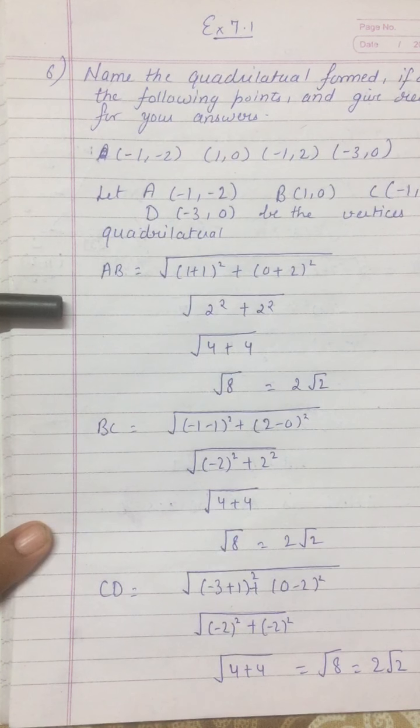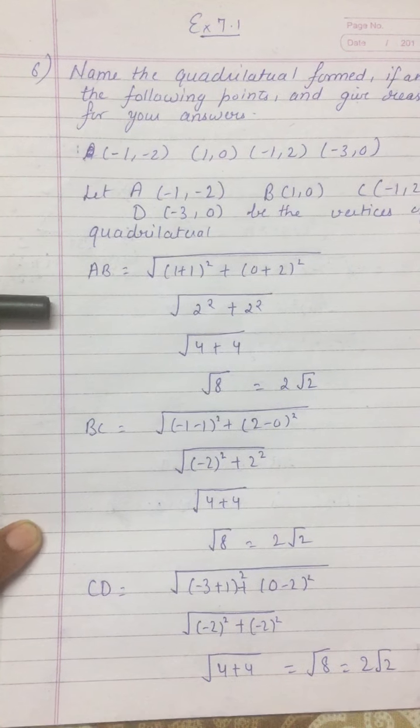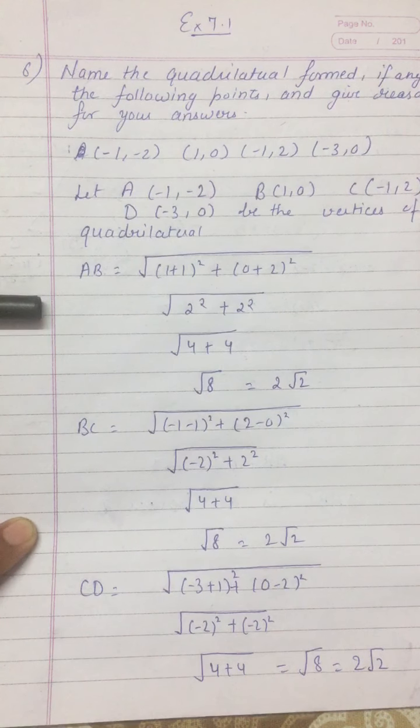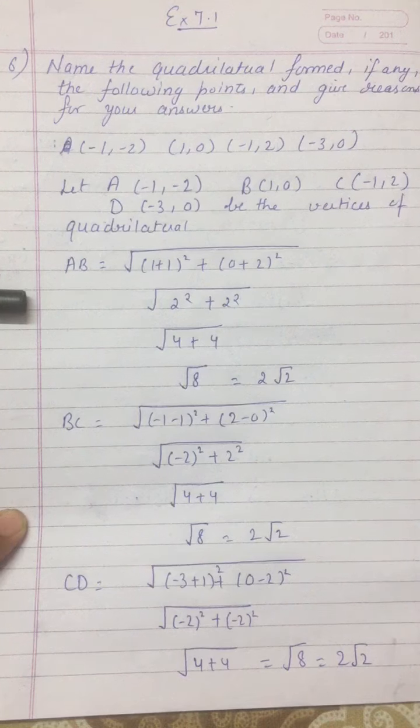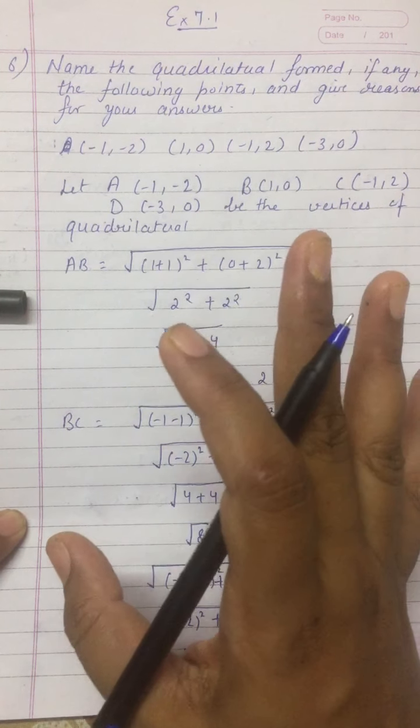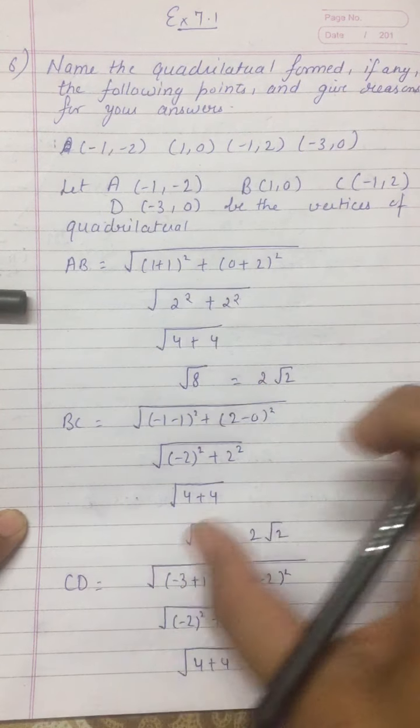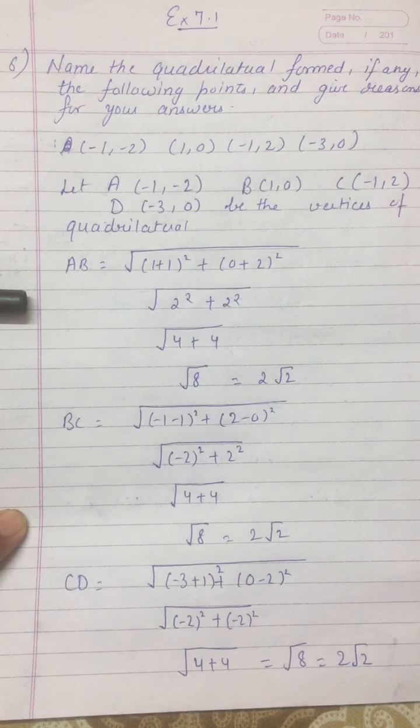In this question there are some types. I am going to discuss the first part of question 6, the various types, and the method for solving them. So what is given in this question? Firstly I will solve this part, and after that I will tell you how to solve the other parts also.